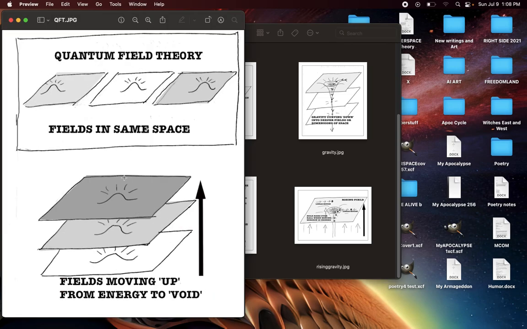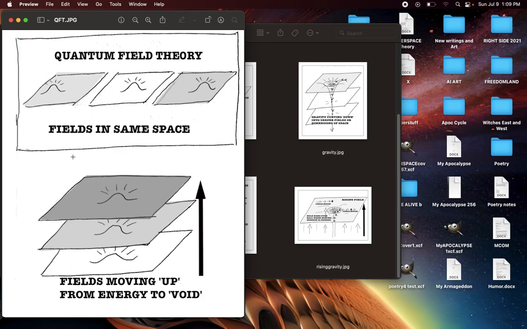So quantum field theory looks at fundamental particles as excitations in fields, spatial fields. Okay, so there are these fields of space, and the different excitations are different particles. But in quantum field theory, these fields of space all exist in the same spatial reality, so in the same universe. They exist in our space together. They're all together,